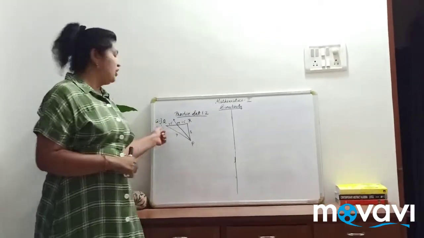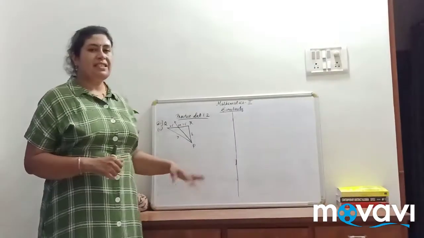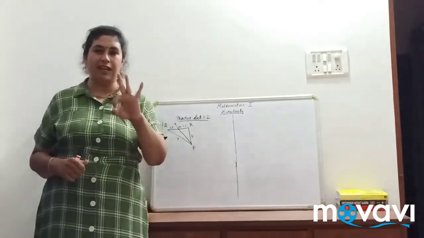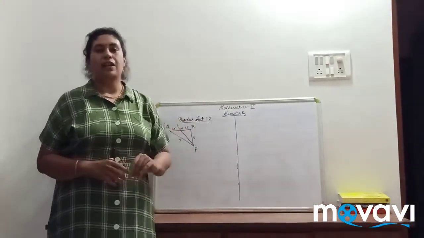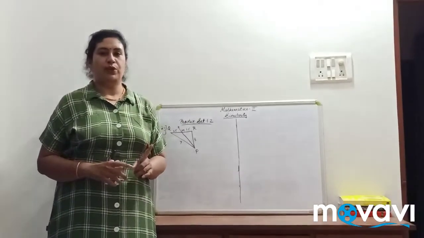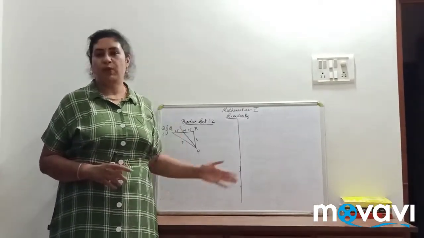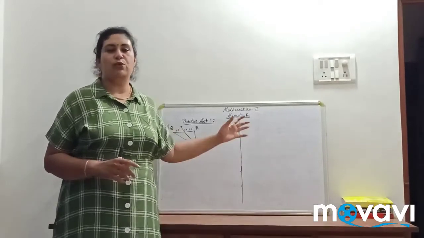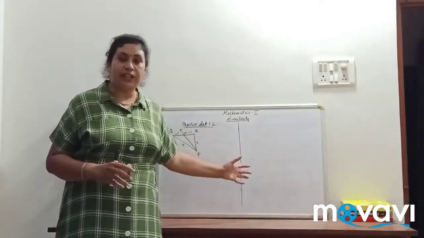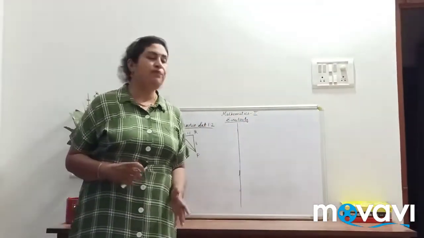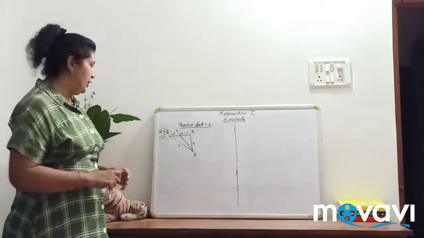Okay? So in question number 1, there are similar sub-questions. Three similar questions are there. I will be solving only one question for you. The rest you can do because they belong to the same property. I mean, you are going to use the same property to solve the other two. Okay. So let us see what is the first question.